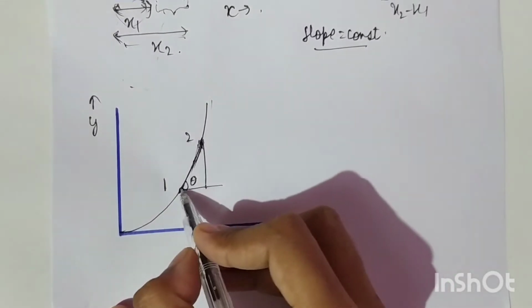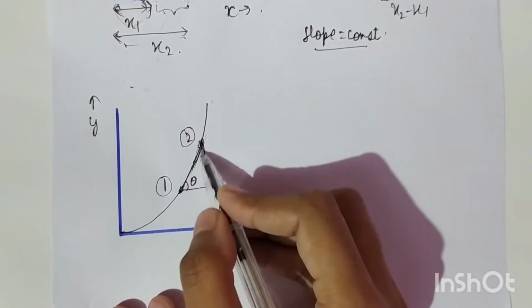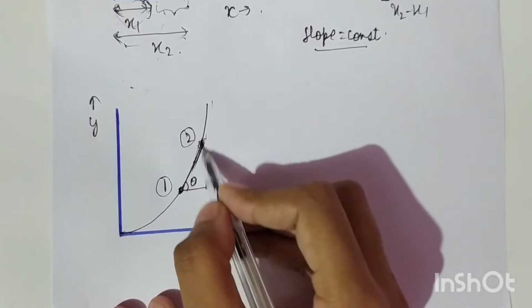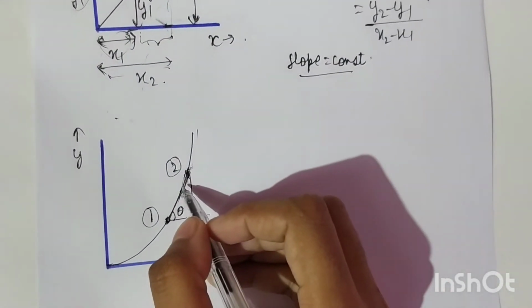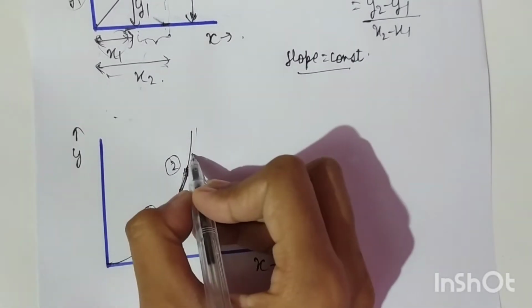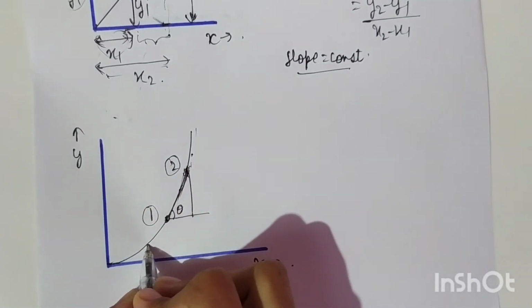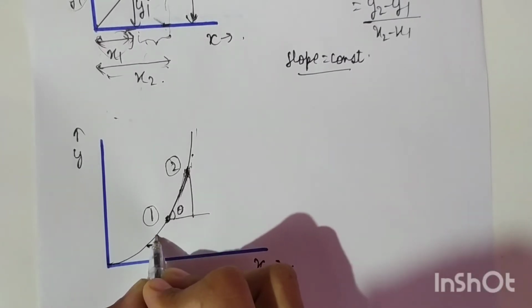What we can do is see these 2 points, 1 and 2. We have assumed these points at a very far, or we can say at a very large distance. So what we can do is reduce the distance of these 2 points and see like this. We can assume these 2 points as the same points as here. This point and this point is visible. Okay, we can assume these 2 points as this.